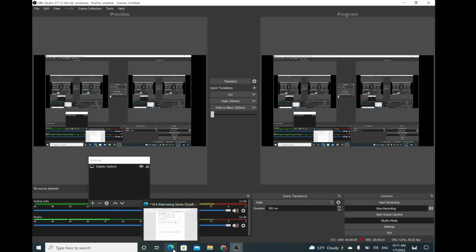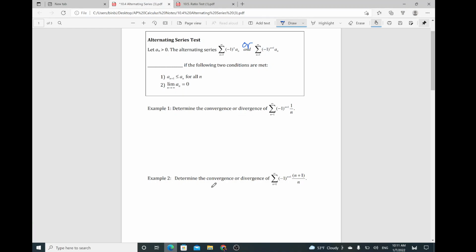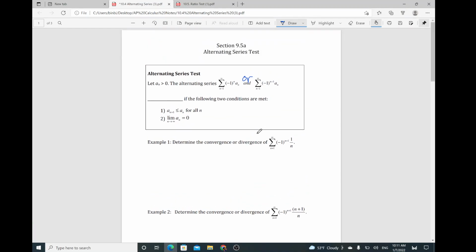So it's Mr. Chen. Today I would like to talk about the alternating series test. This one is for 9.5. For the alternating series test, let a sub n, the sequence, be greater than 0. The alternating series, sigma n equals 1 to infinity of negative 1 to the power of n times a sub n, or sigma n equals 1 to infinity of negative 1 to the power of n plus 1 times a sub n,